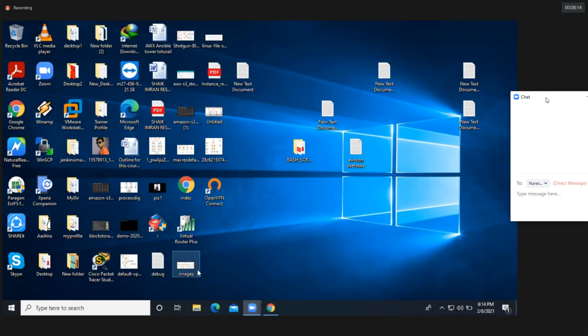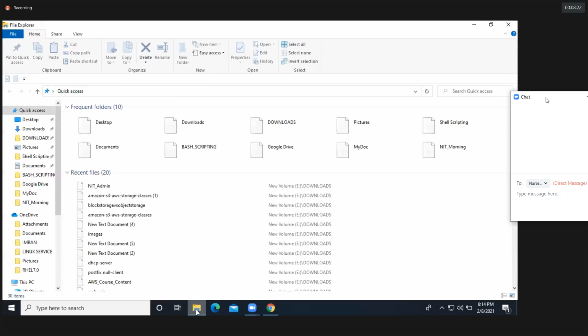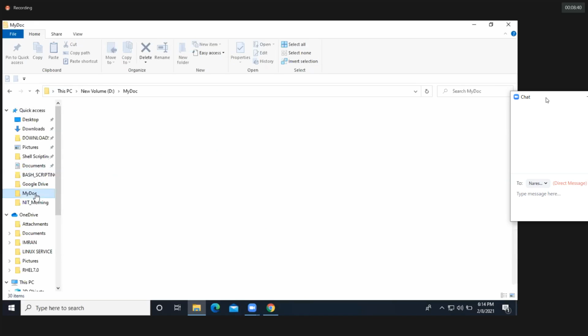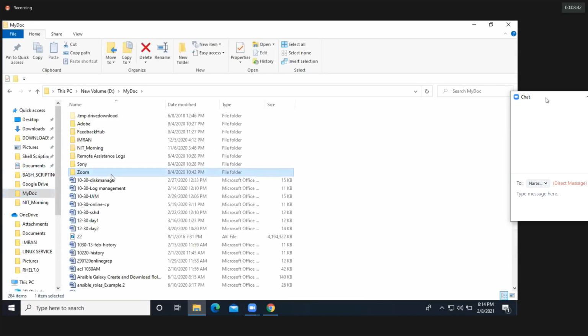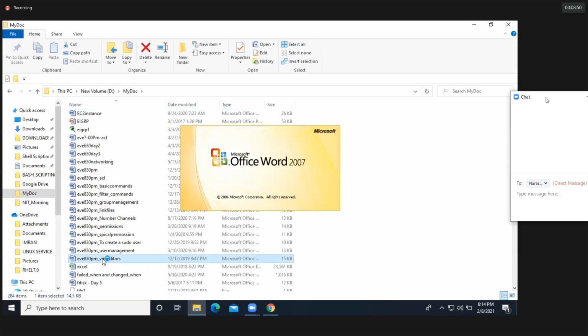In the same way, coming to Linux, we have two types of editors, guys. One is GUI editors, that means graphical user interface editors. Another one is CLI editors, command line interface editors. We have graphical user interface editors like Notepad. With the help of Notepad, can we edit the files? Yes, it's possible, we can always edit the files, guys.